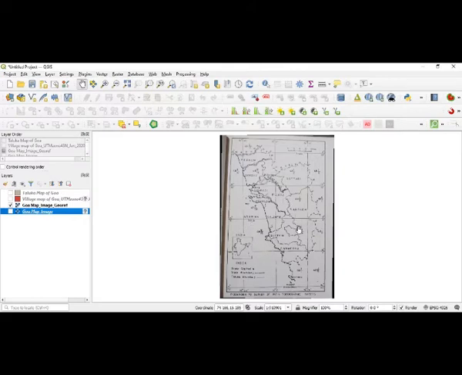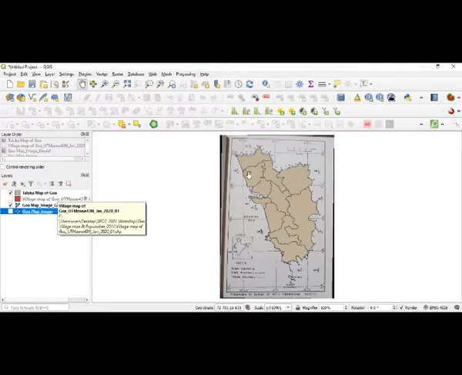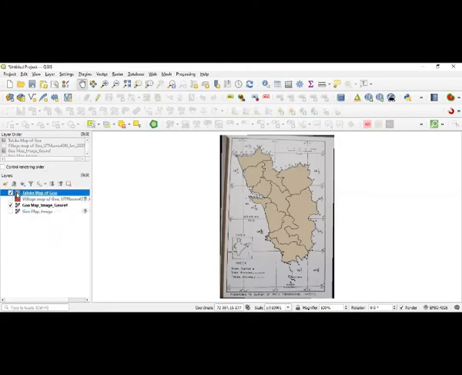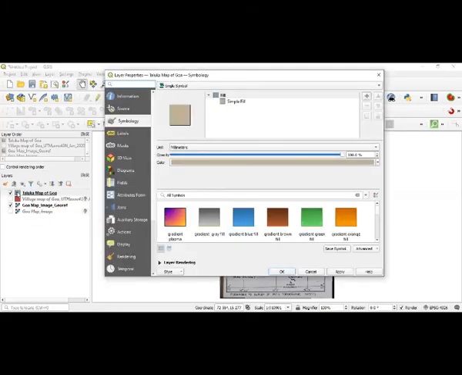So wherever my cursor goes, that 74 point something and 15.4 point something that you can see here means that right now the map you have is the default map of WGS 84 EPSG 4326. That is what actually happened here. Now, if I want to put any of these maps, let us see whether the map has come. Now I have checked here the Taluka map of Goa. What you can see, the Taluka map of Goa, I will change the color of this one. For changing the color, I can double click on that and I can go here.